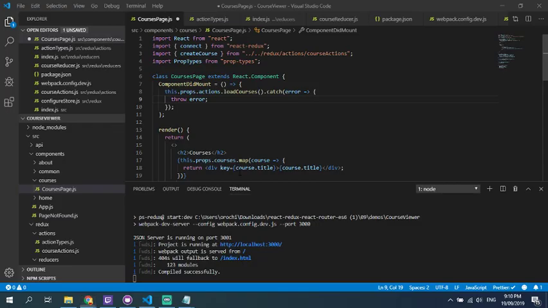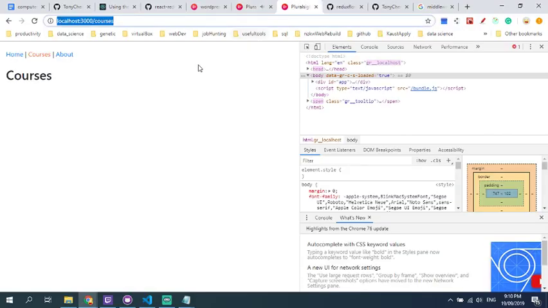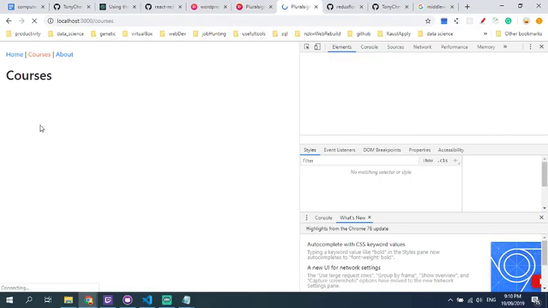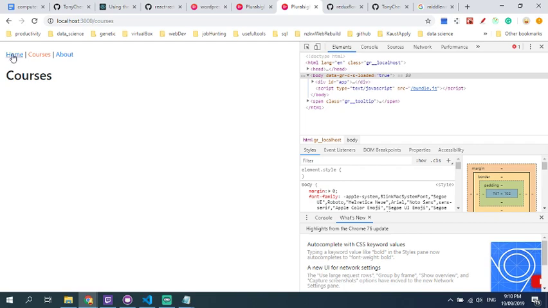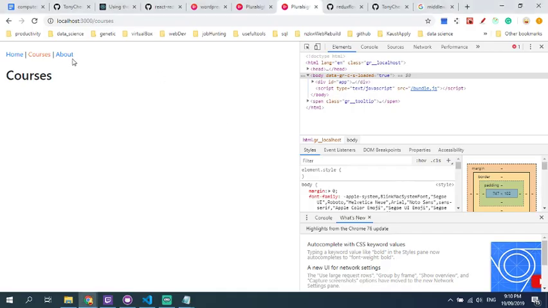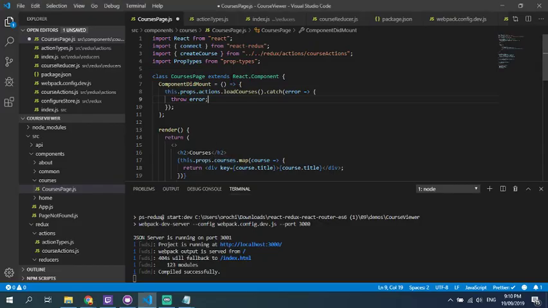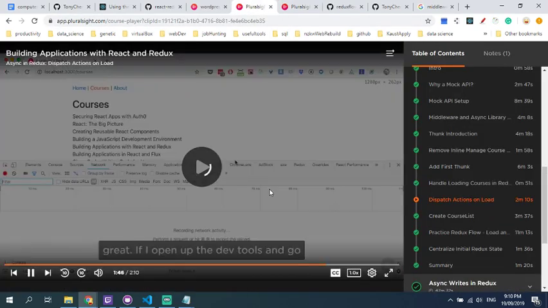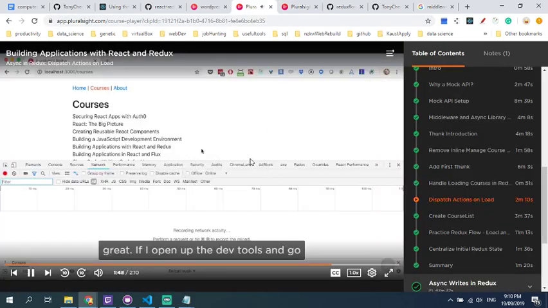Great. If I open up the DevTools and go to the